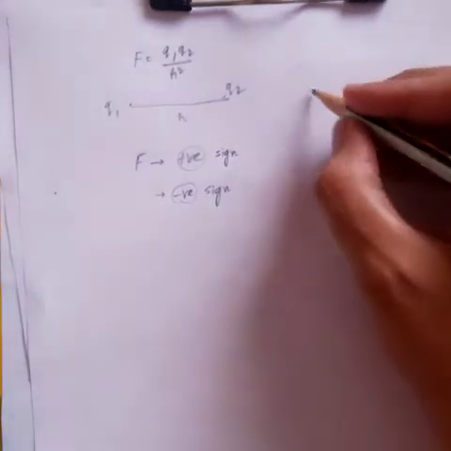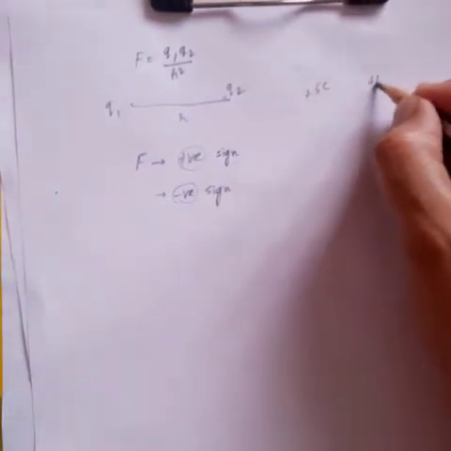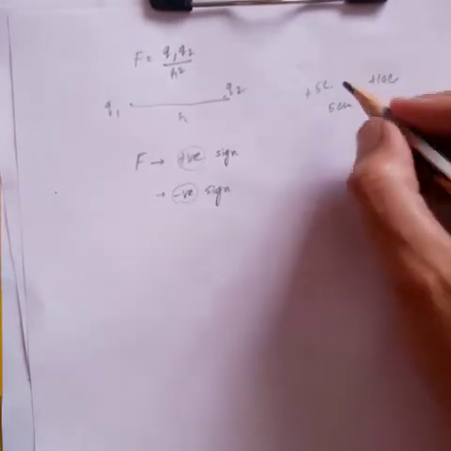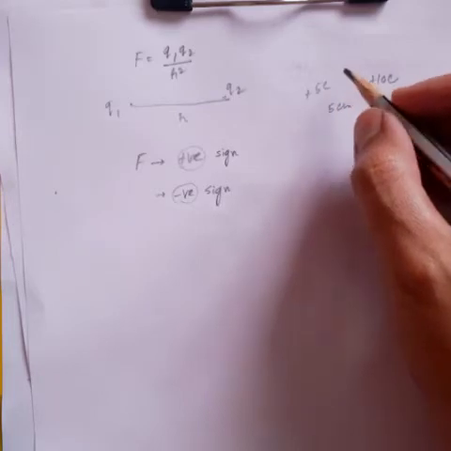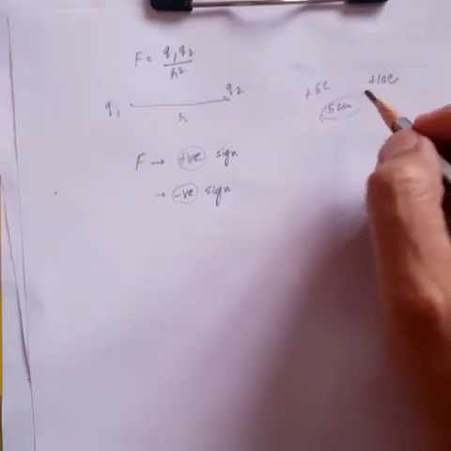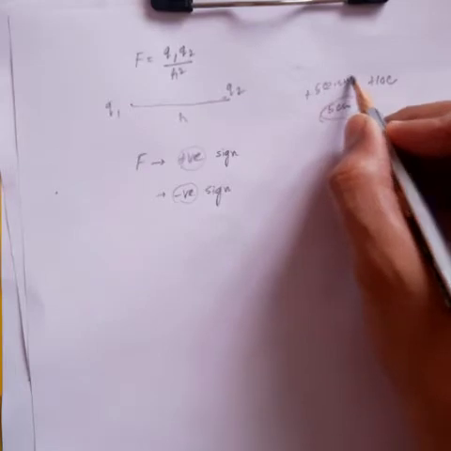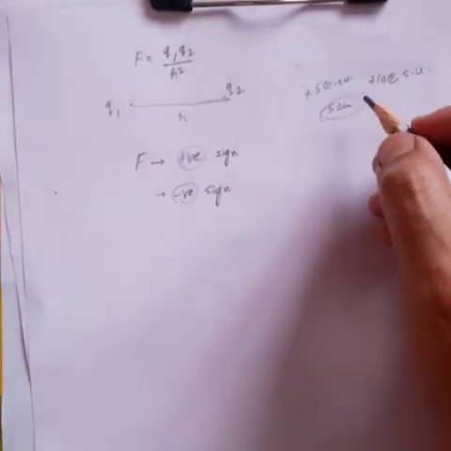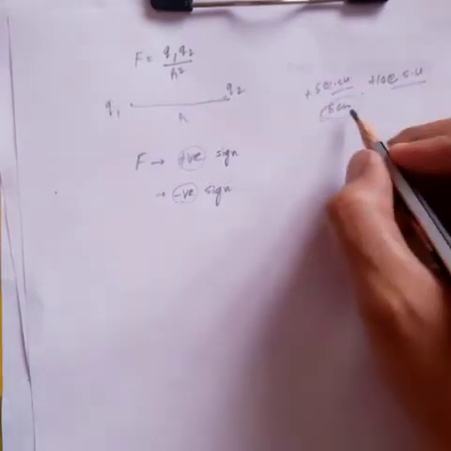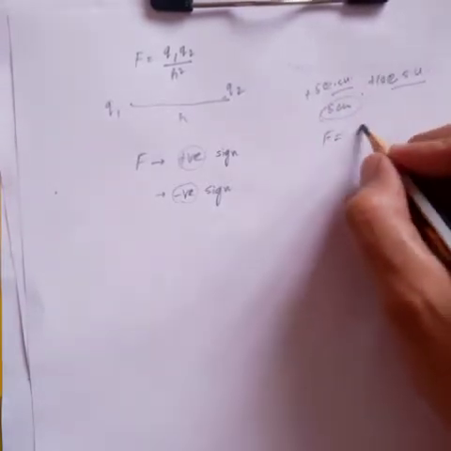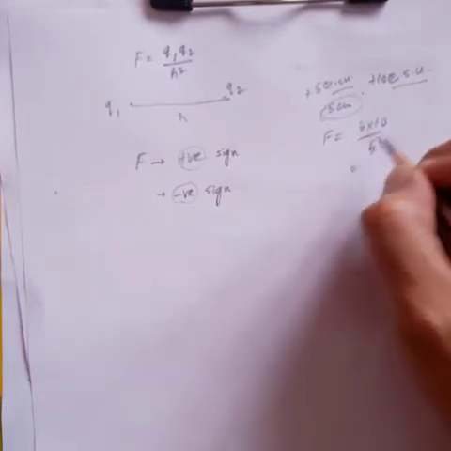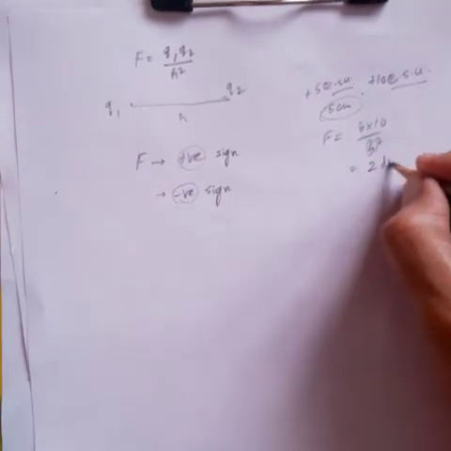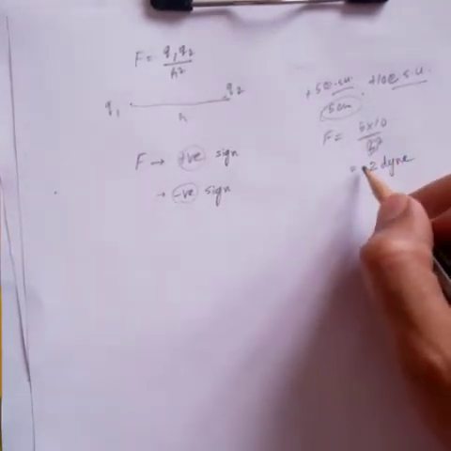Suppose we are considering two charges, plus 5 coulomb and plus 10 coulomb, and they are separated by a distance 5 centimeter. In that case, because the distance is in centimeter, we have to choose the units in CGS also. And you perhaps know that the unit of charge in the CGS system is ESU, right? So therefore the force should be 5 into 10 divided by 5 square. So that should give you 2 dyne. So you can see that here the result is plus.